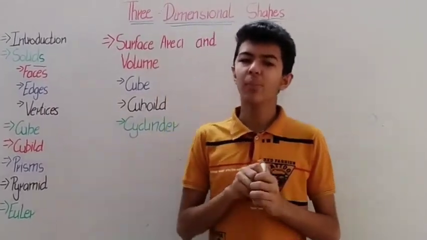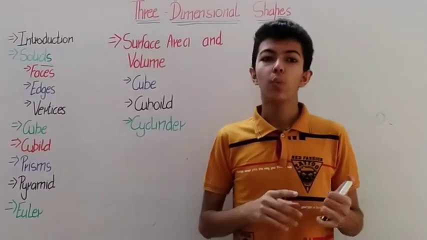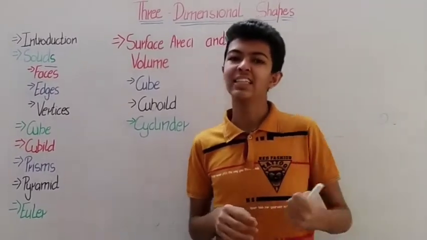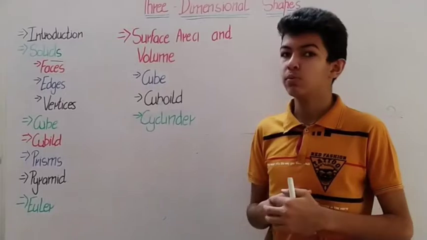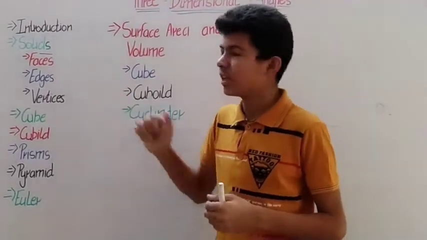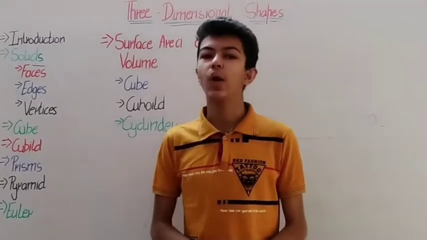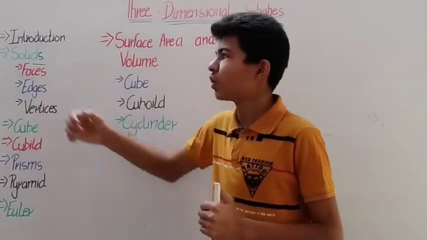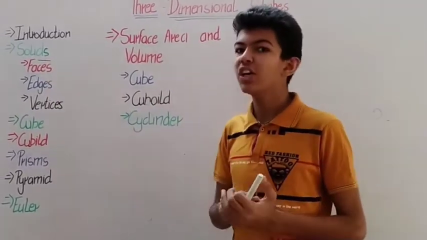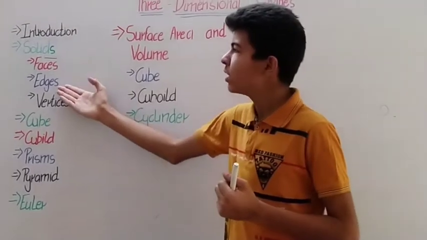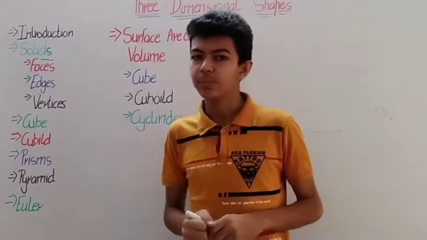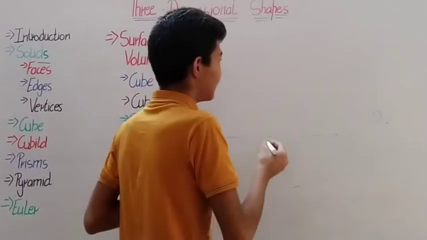Now we have made these solid shapes with the help of points, lines and these 2D shapes. So it must contain all of this, but it contains them in different forms. These are known as the components of the solids. There are three major components of the solids, that are faces, edges and vertices. So first let me create